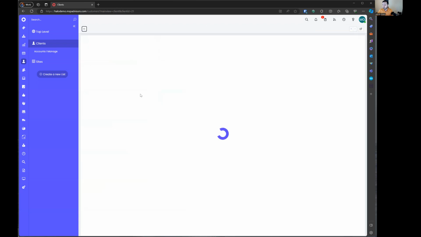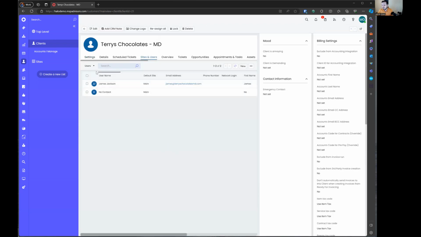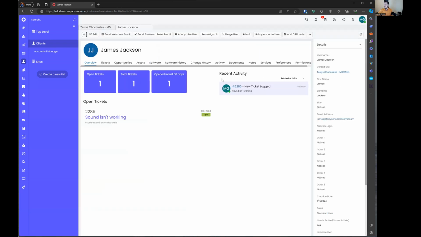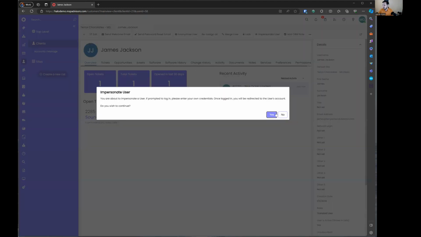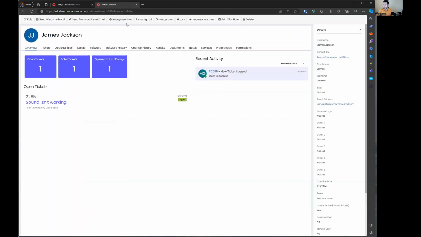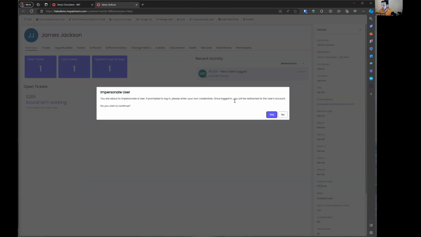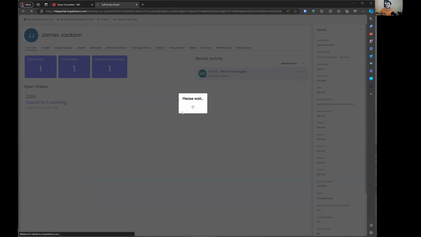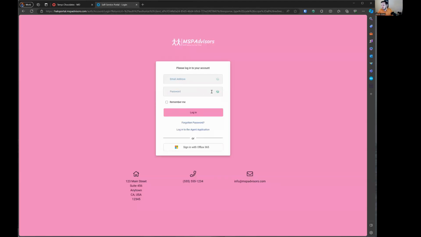I'm going to log into Maryland first, and we're going to use a concept called impersonate user to be able to log in as James Jackson. And I'm just going to hit no for a moment. I'm going to pop him out to a new tab, because the way that the impersonation works is that it will always take you back out into a tab that you're not expecting, or